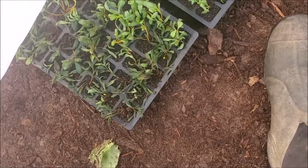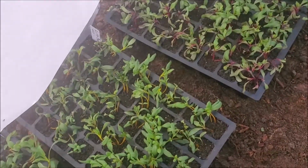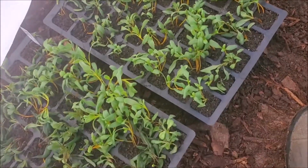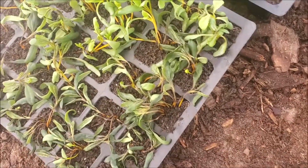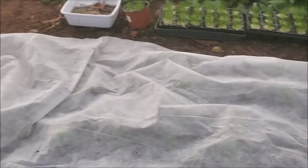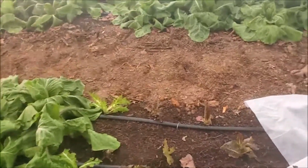And my main concern why I put this row cover in here was because I'd brought my little plants out here, and I didn't want them to die. Now they have been a little more wilty looking, but you can see there are a few at this edge that are affected a little bit. It might have been better if the row cover was raised a little bit higher